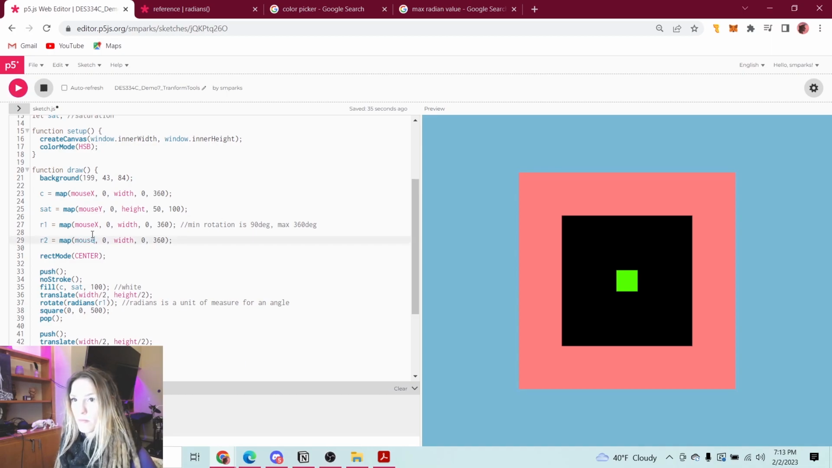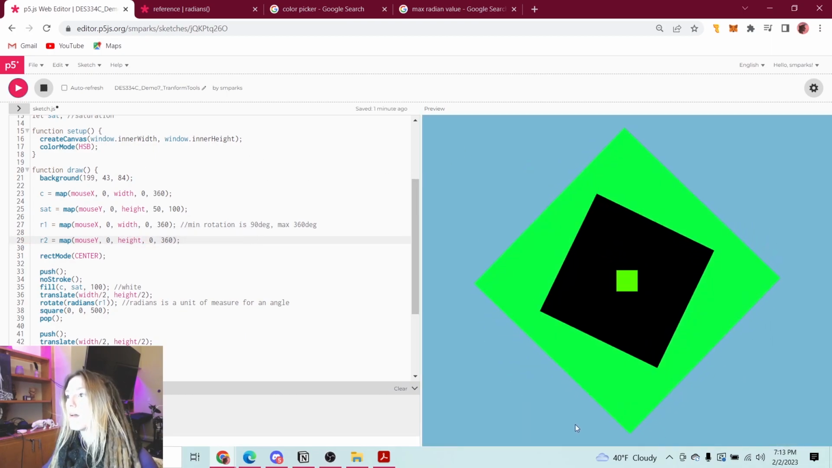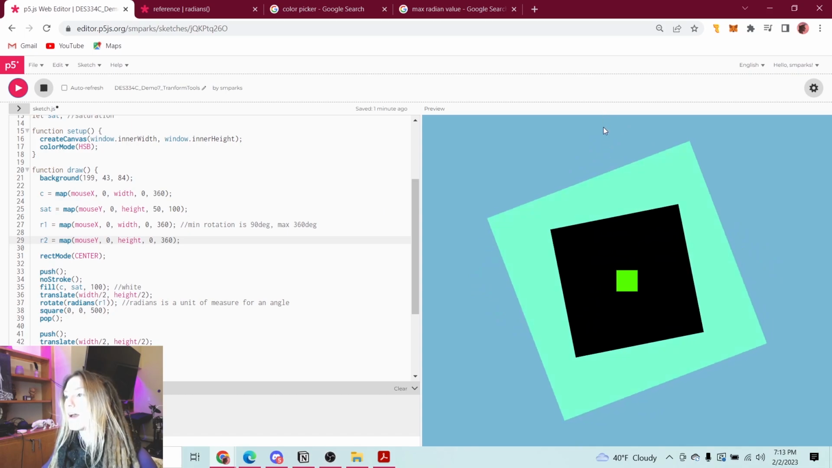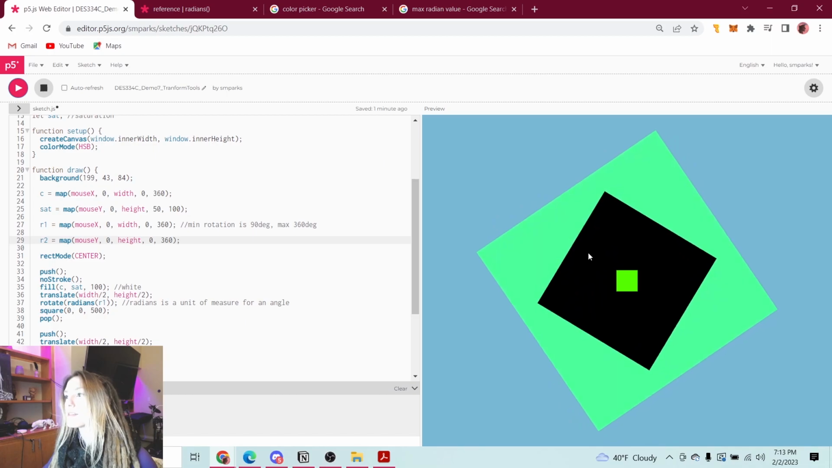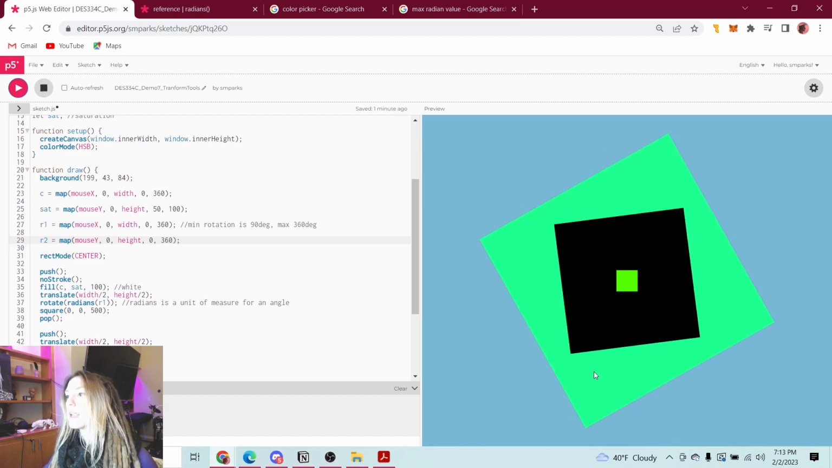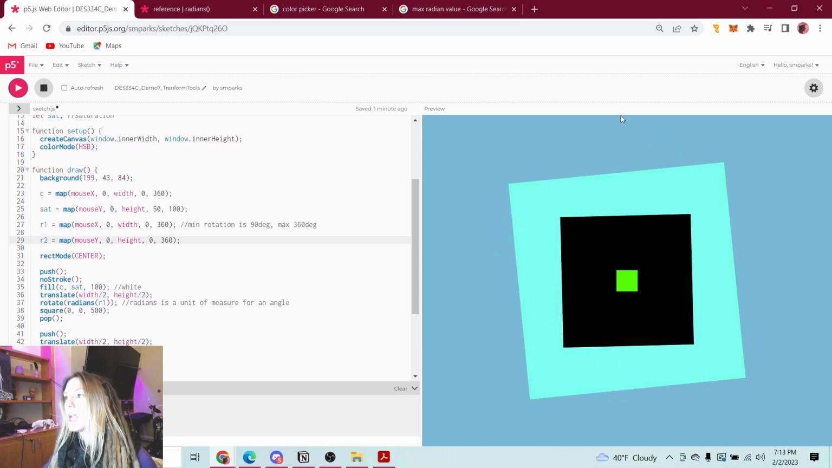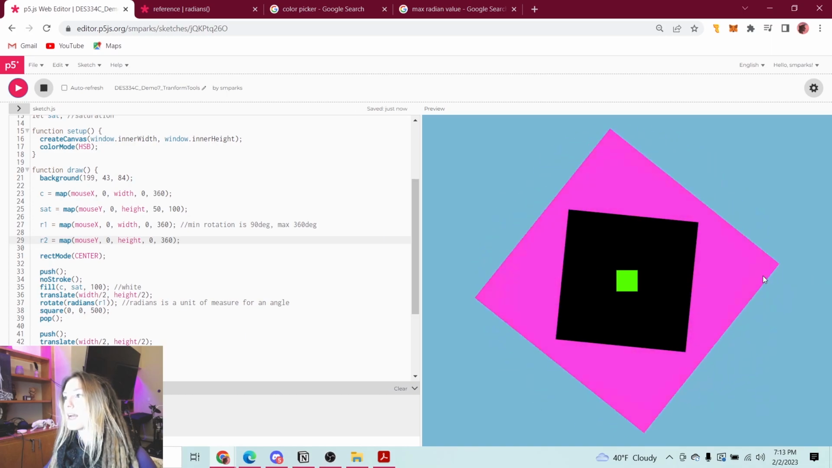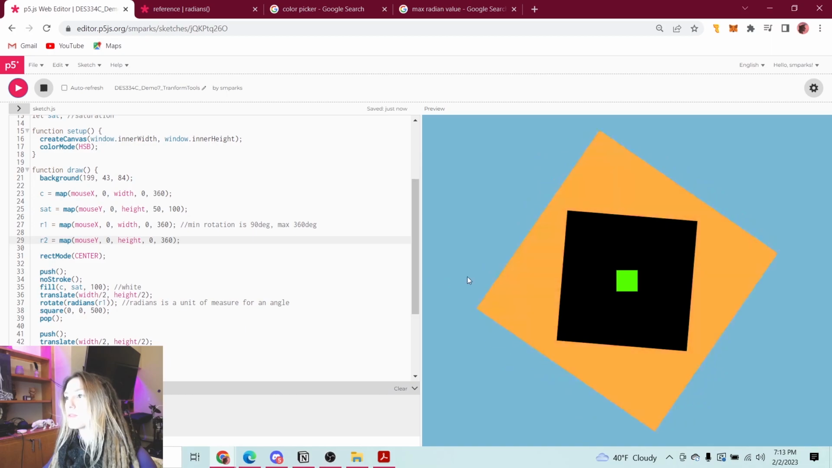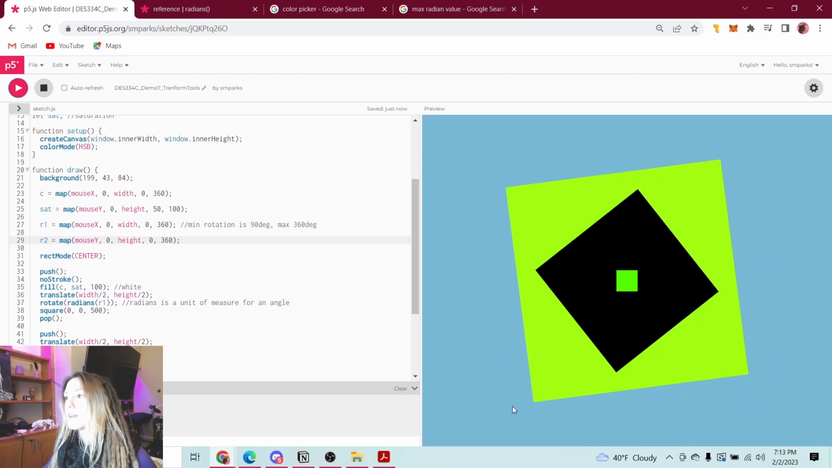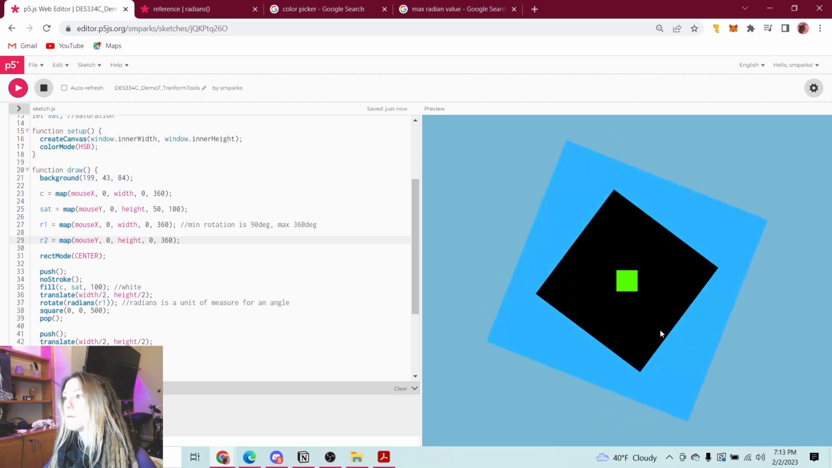So we're going to change R2 to mouse Y, and height. Always am weird with the caps. Cool, so now I'm just going to try to stay on the y-axis, which is very hard to do. And I'm changing the saturation here, and I'm changing the rotation of the black square. And then on the x-axis, I'm changing the color, and I'm changing the rotation of the color square. And if I just go crazy, woo, woo, woo,